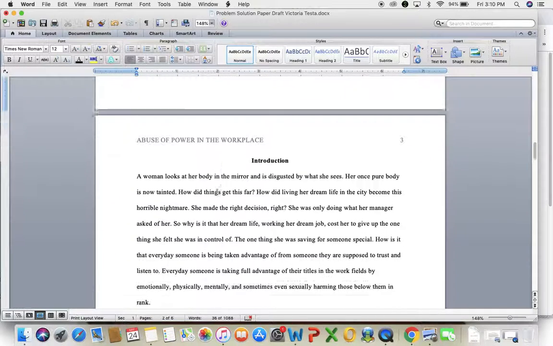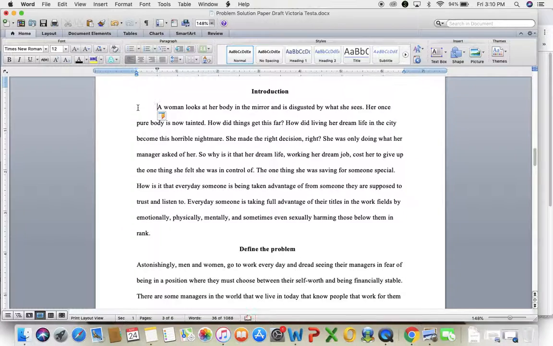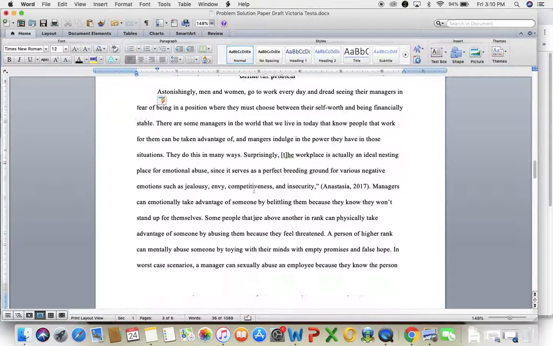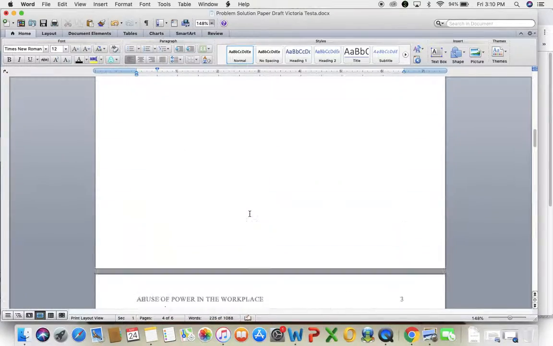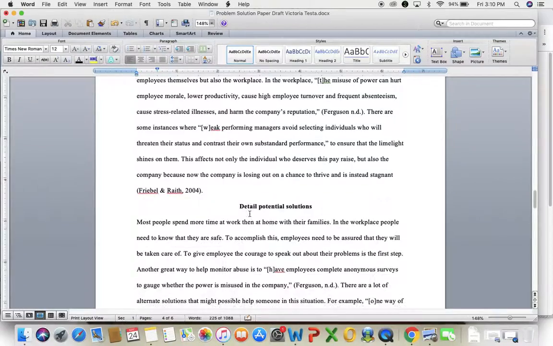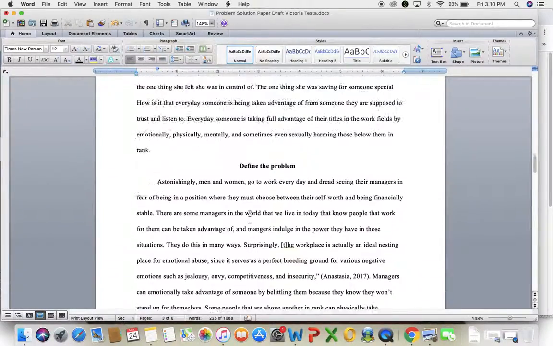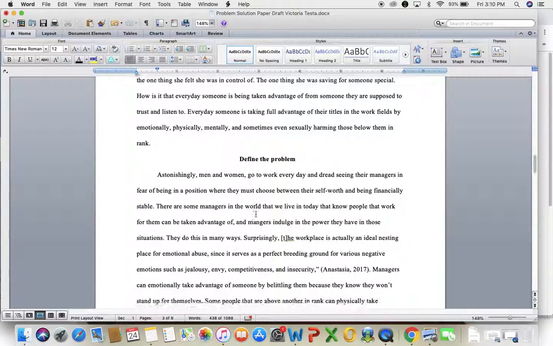So then I'm going to move on to your actual paper. You do want to go ahead and indent all of your paragraphs. I'm not going to do them all, but that's just the APA way. Organizationally, I think you've done a good job because it's very clear what you're talking about, since you've broken it up into sections. The first thing I'm going to talk about is your introduction.